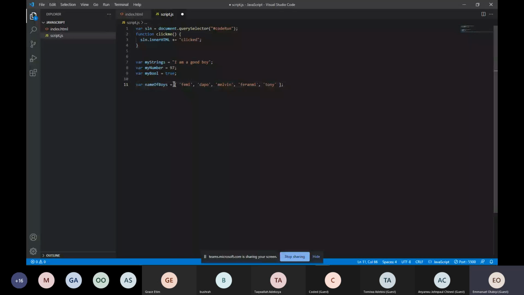So you can see that this array has data items of the same data types. Femi is a string, Dapo is a string, Melvin is a string, Feromi is a string, Tony is a string. Yeah, but you can also have